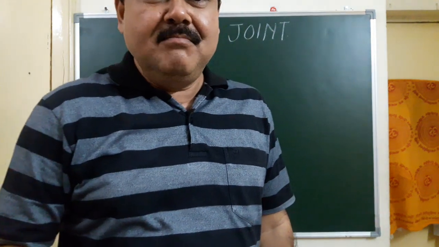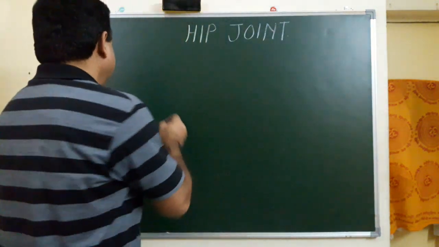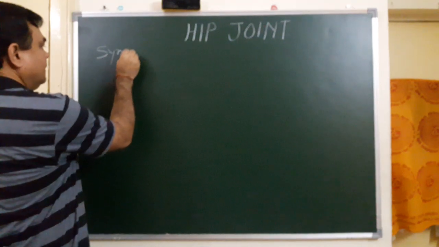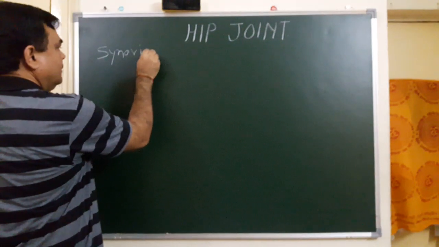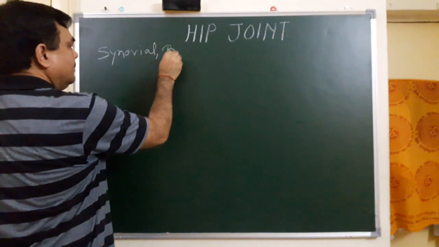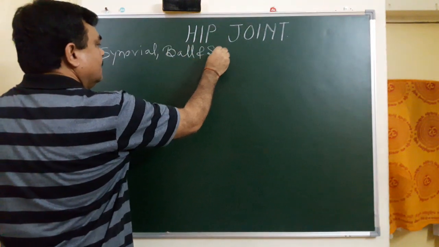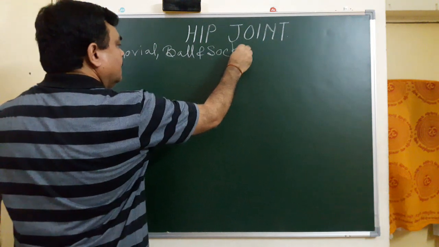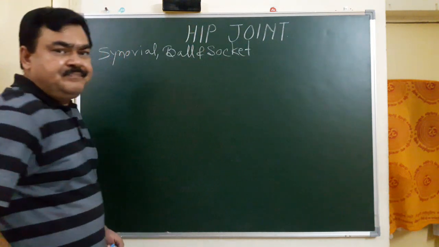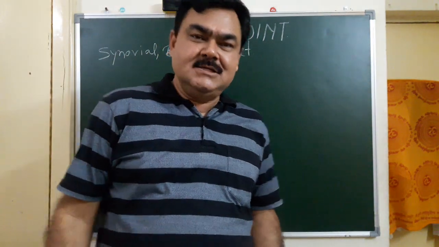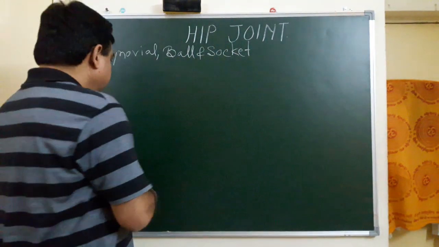The type of the joint is synovial, and the variety of the joint is ball and socket joint. Articular surfaces of the hip joint are